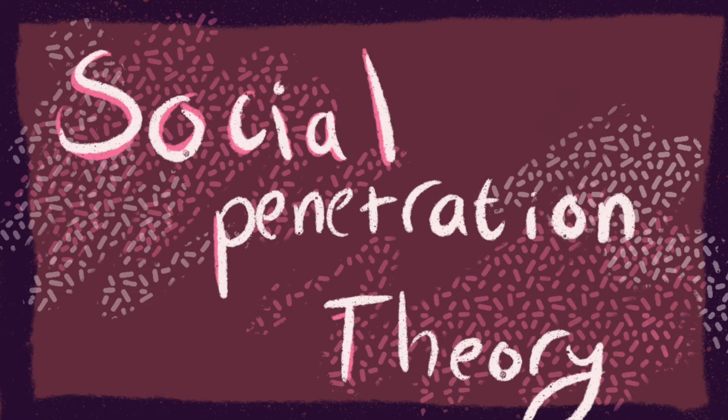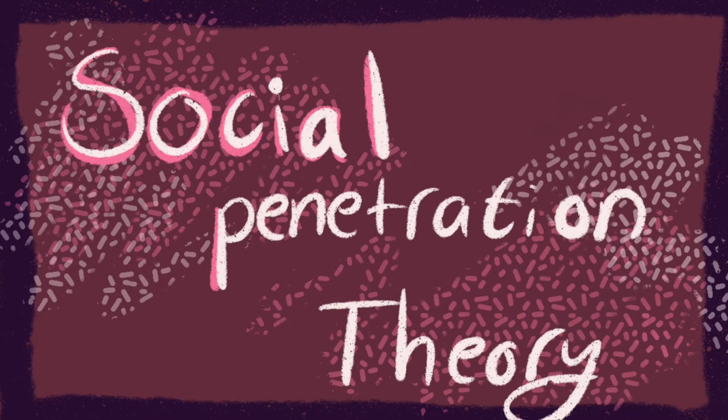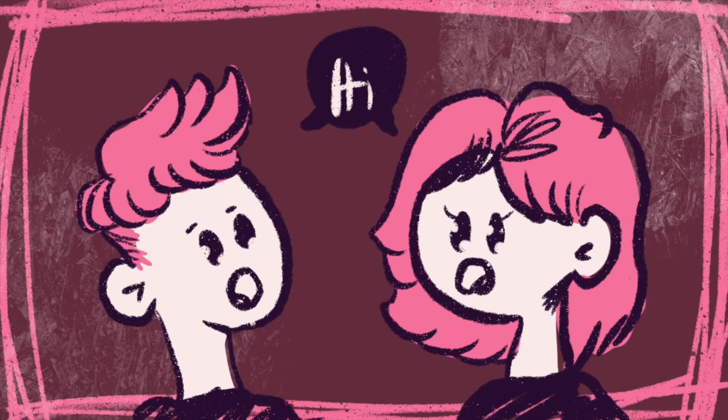Everybody, today I'm going to be talking to you about social penetration theory. Social penetration theory was developed in 1973 by Altman and Taylor. And the theory seeks to explain why and how we begin to deepen relationships in the very first interaction with the person, and how we further deepen our relationships through the idea of self-disclosure.